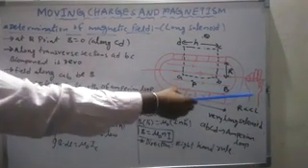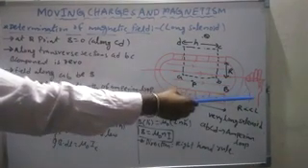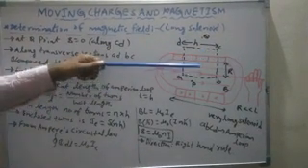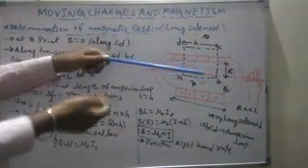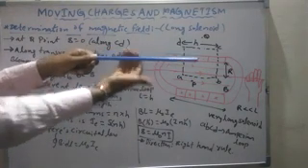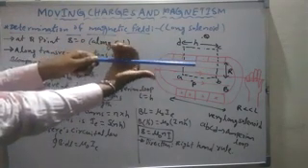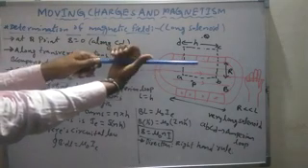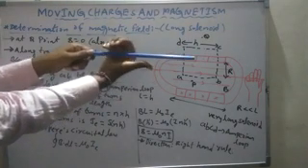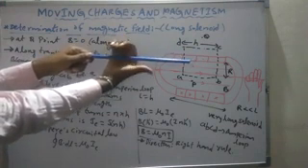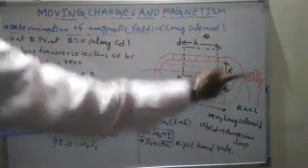By using the right hand thumb rule, we can determine the direction of the magnetic field. Hold the current carrying conductor in your right hand, as we just understood with the solenoid. The fingers indicate the direction of current, and the open thumb is the direction of the magnetic field.